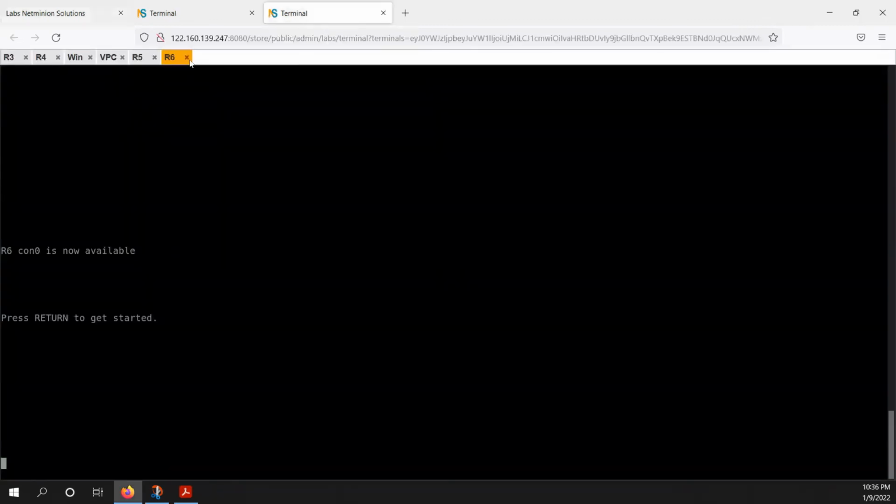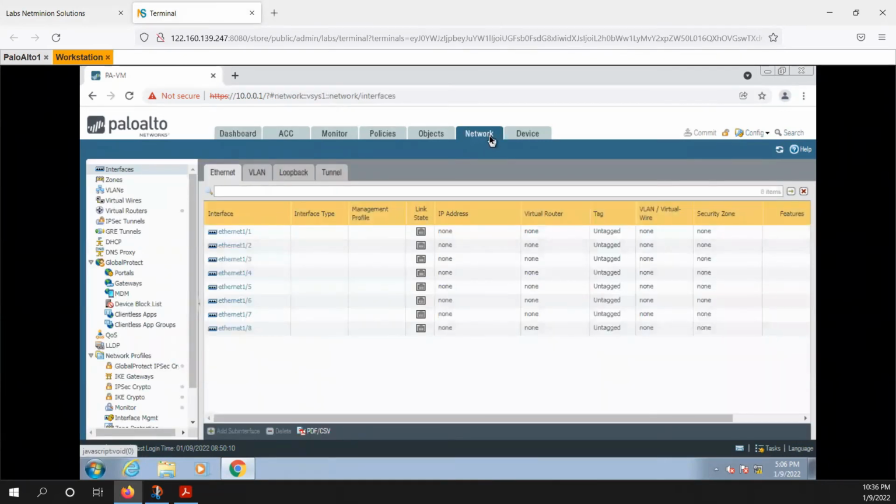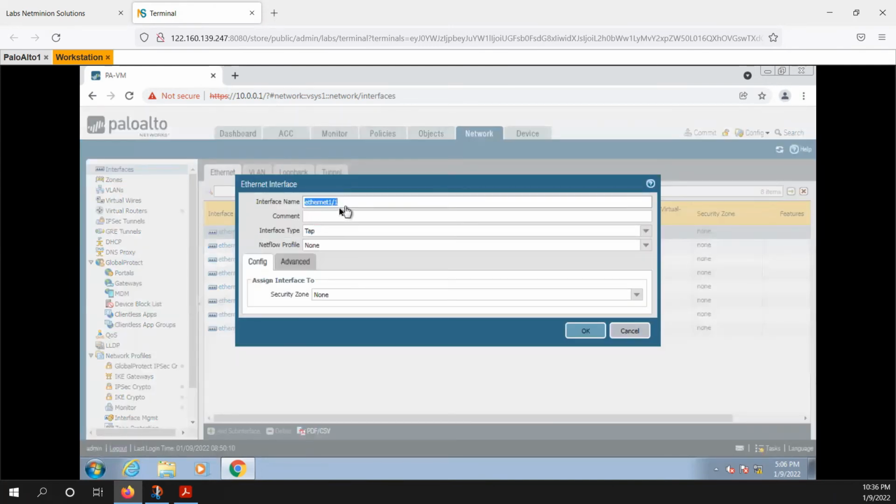So let's go here on your terminal, and over here you can configure the interfaces. So here you can see the interface status, but from here you cannot configure. From network you can configure the interfaces using this network tab. So you need to go on the network tab, and then you need to go on the interfaces. Okay, you can create a zone right now, or you can create a zone while creating the interfaces, while assigning the interfaces. So let's go to Ethernet 1/1, and let's assign the type.